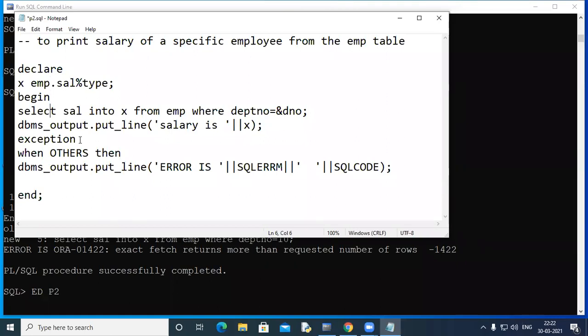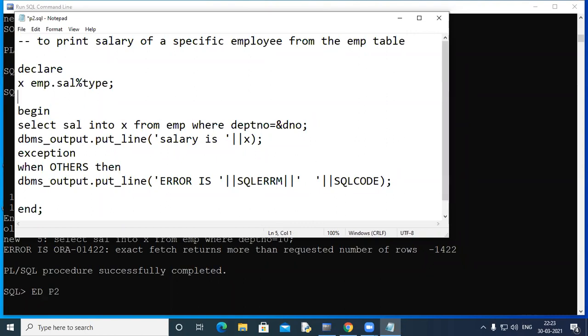Okay, we'll be writing our own exceptions. So let's write code to write our own user defined exceptions. These WHEN OTHERS, WHEN NO_DATA_FOUND, INVALID_CURSOR, so many predefined exceptions are there. But if you need to create your own exception, then you need to first declare it. I'm going to declare it here. Say, I'll use this exception sal_missing, and I'll declare that this is an exception.